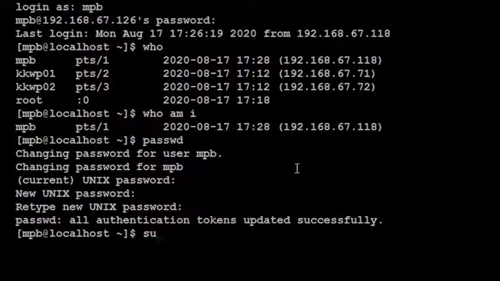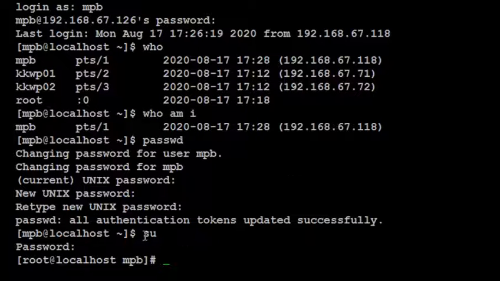The next command is su command. Su command is used to log in as the administrator or super user. So when you enter su command and press enter, it will ask the password for root user. You have to enter that correctly, and then it will give you a hash prompt. Now you can observe one thing here. Here is a dollar prompt and here is a hash prompt.